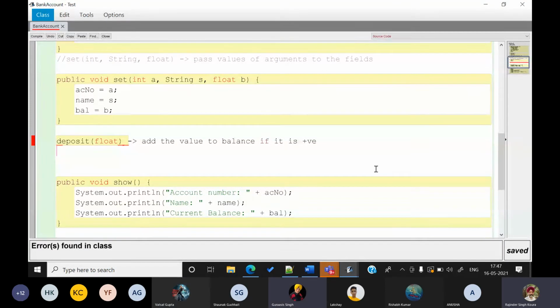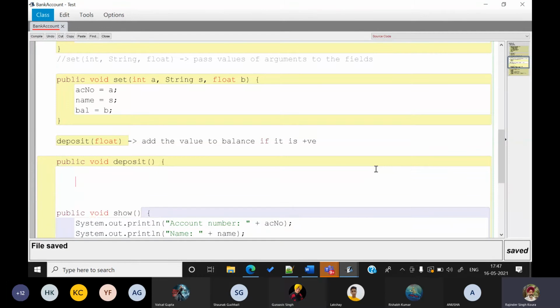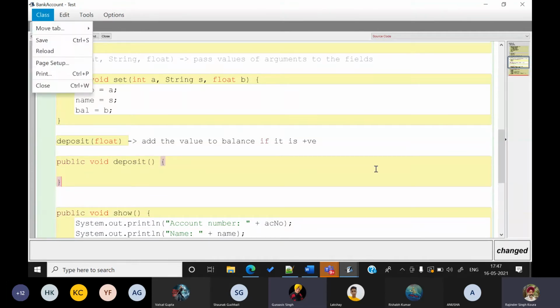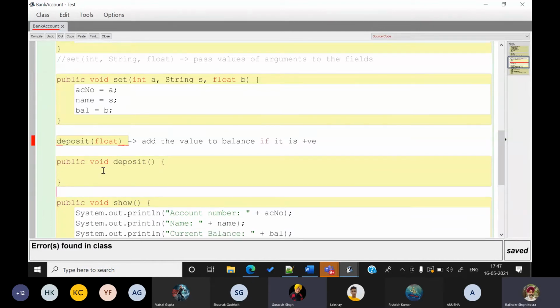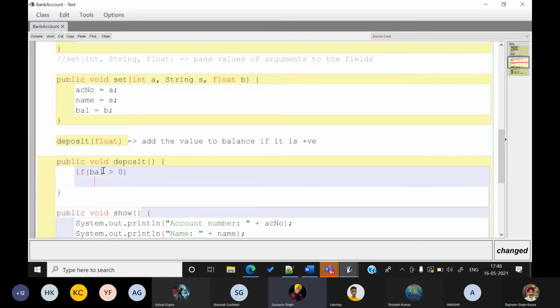Yes, sir. Sir, public void deposit. Here, no value to be passed. Okay. Then we will write if balance, that BAL, is greater than 0, then we will write that